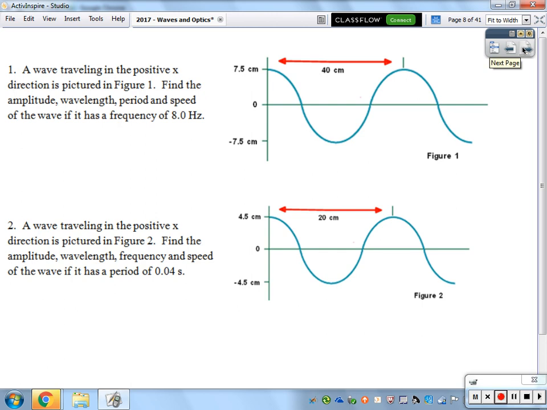All right, I know that there's a little bit more space in your notes, but for right now, we're going to stop here. If we can, please take out the wave practice problems that you picked up on the way in. I'm going to ask you to take a little bit of time and please go ahead and complete problems 1 and 2.